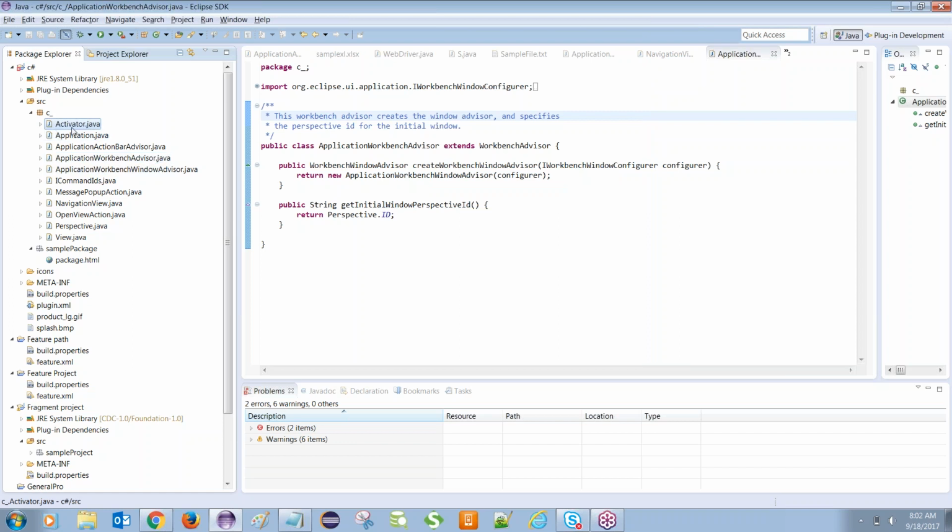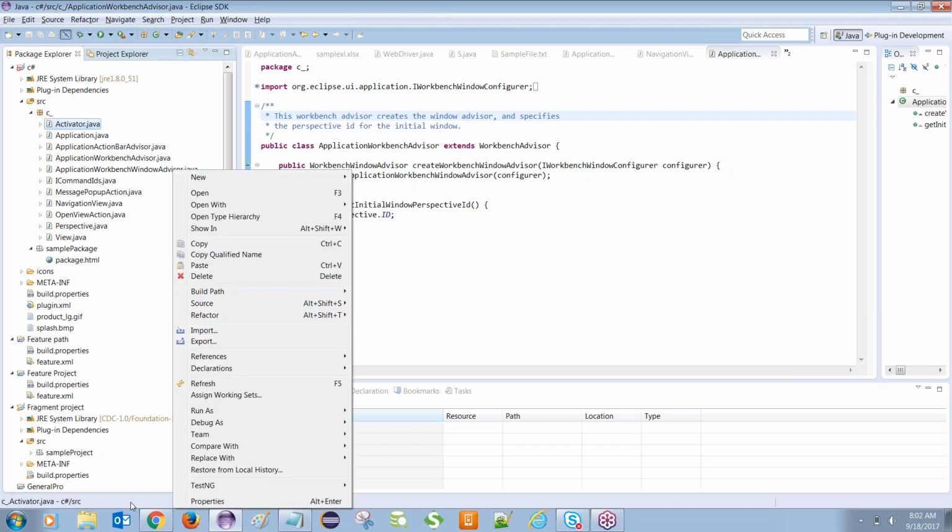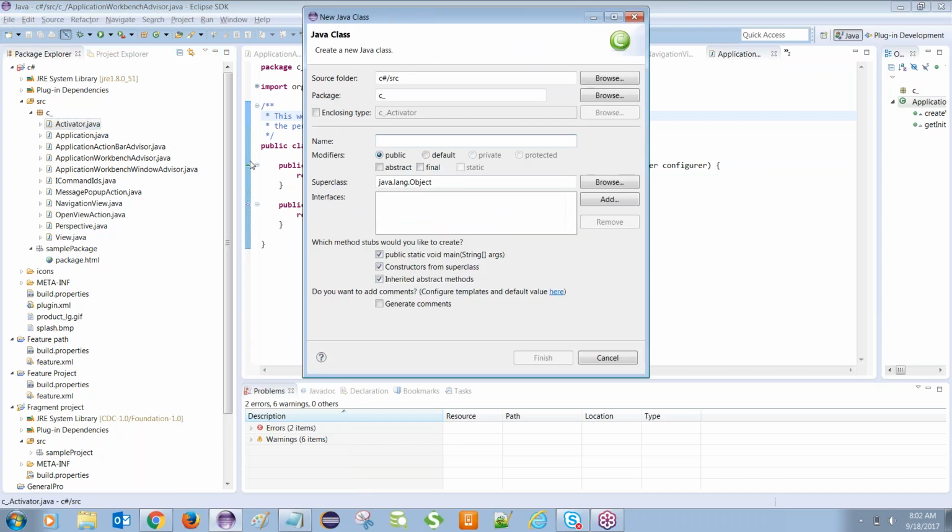And not only this, after clicking on any selection, any folder or package or class, even by right clicking on any of these views, we can directly create the class. It means if we have selected one particular area, our class is going to be created under that particular area. As I selected the activator Java class, under that activator Java class package my class is going to be created. It doesn't mean that in order to create the class, we should click only the selected right click